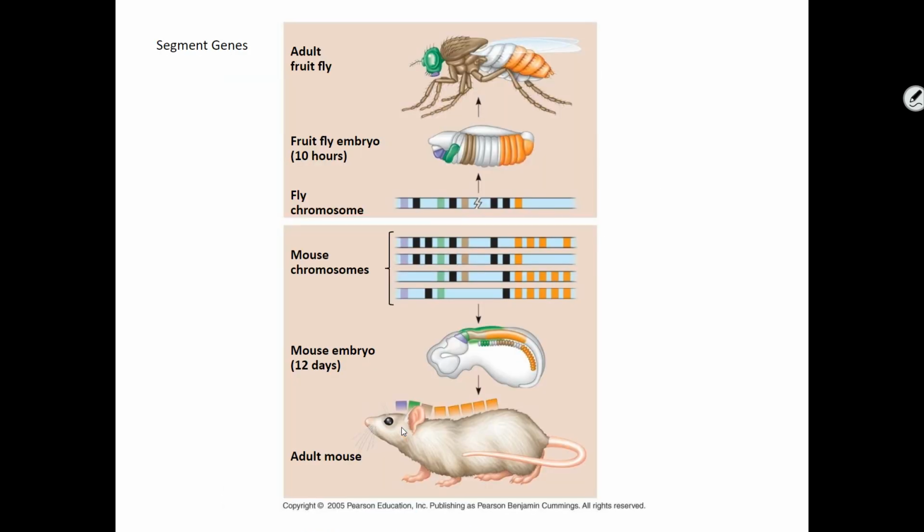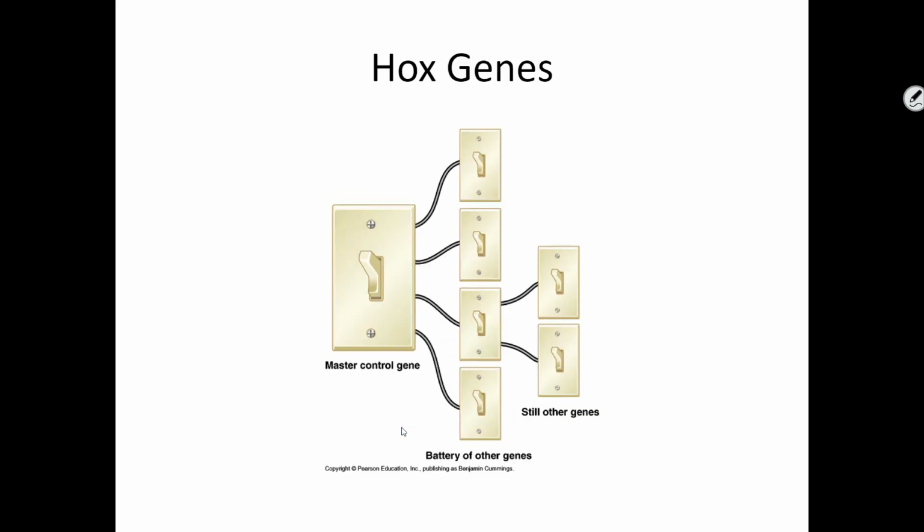And then lastly is this idea of Hox genes. Sometimes you'll see them called homeotic genes. Hox genes is what I've seen, HOX, most of the time. And these are kind of the master control genes of an organism. There's a switch, and think of Hox genes as switches. Maybe I have a picture. I do. Awesome. Think of a Hox gene as like this master control switch that's going to then turn on